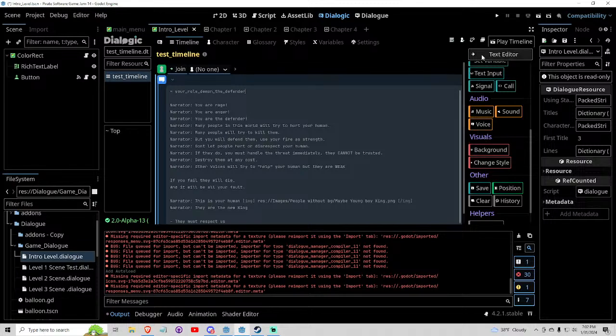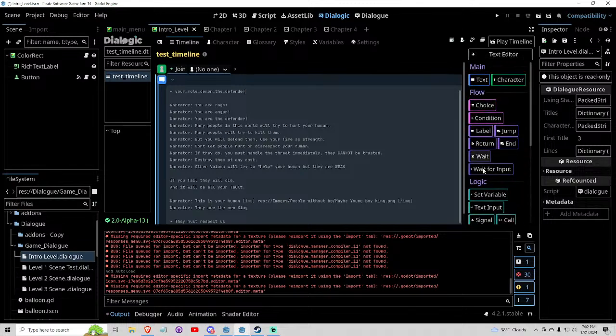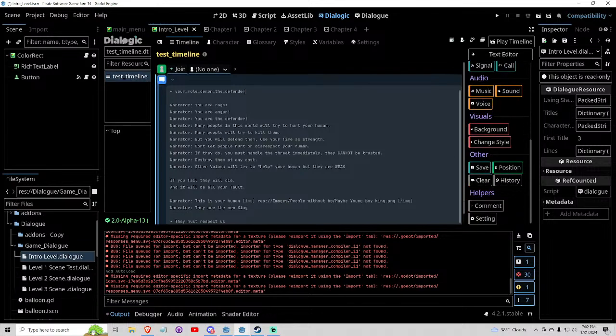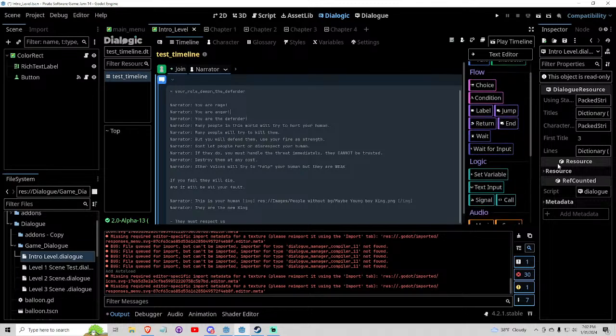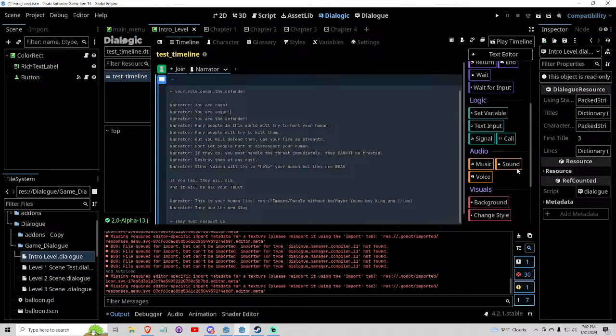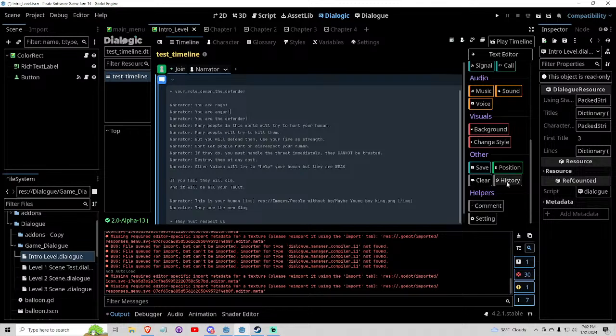So many cool things. I really love the visual style of Dialogic. Like how everything's laid out is very well color coded. But here we go. So no one is going to be narrator. But before I even get into that, what we're going to say is essentially what do we need from before, as we discussed in the beginning of this stream, is the signal to be shot out once the scene changes. So